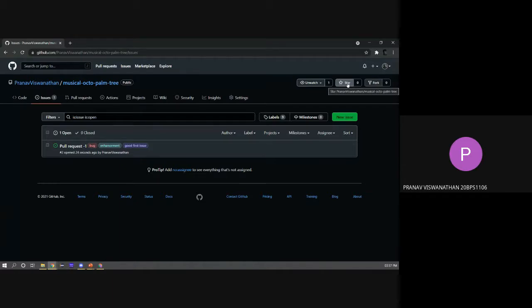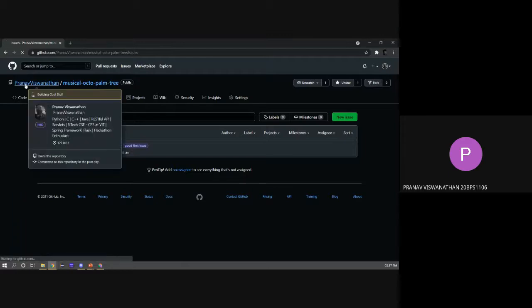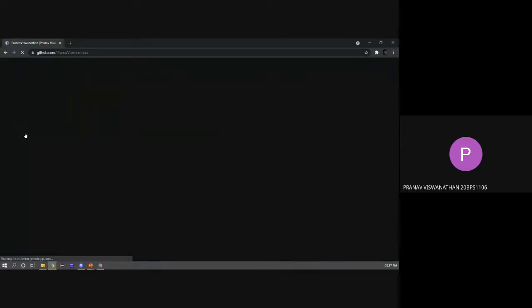But when you star it, it gets added to something called stars in your repository. So it makes it easier to come back and look for the repository. And you can do something called forking a repository. For that, I'm going to go to my friend Priyash's repositories, and I'm going to be forking a repository.